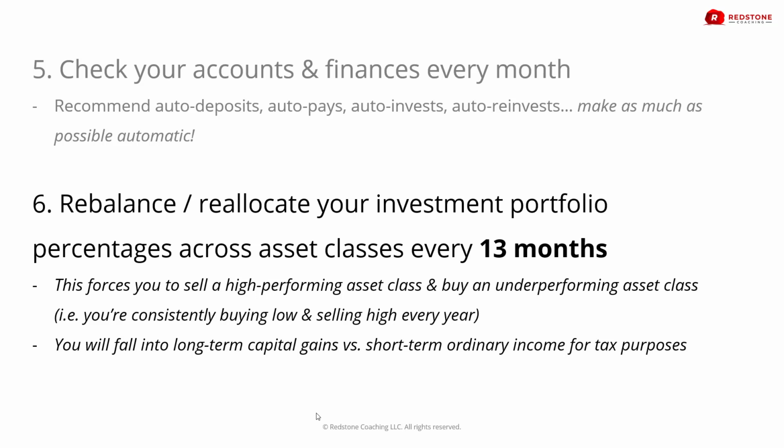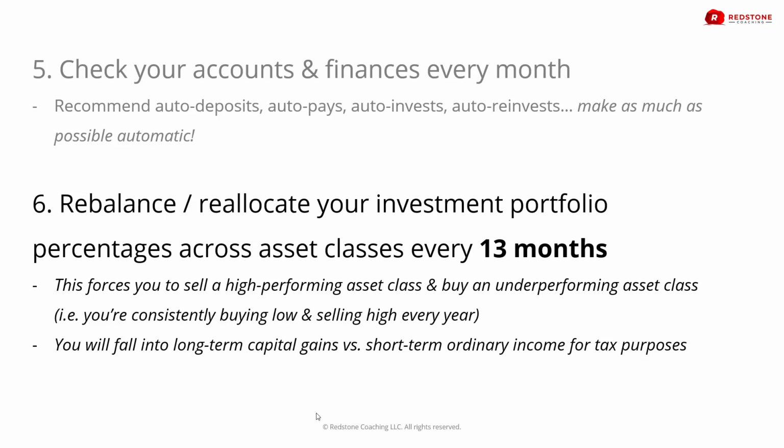Well, the best time to sell is when they've gone up. But what a lot of people do is because they don't have a system for when they need to reallocate or when they need to rebalance, they keep riding and riding and riding, and then eventually it falls, and that's when they start selling because they realize, oh, now it's over. It's no longer high. It's now on the decline. I'm going to sell. Well, they're allowing their emotions to dictate when to rebalance. The best time to sell would have been when it's high, and really what you want to do is capture the gains when it's high, take those gains, and then buy underperforming asset classes because you want to buy low,